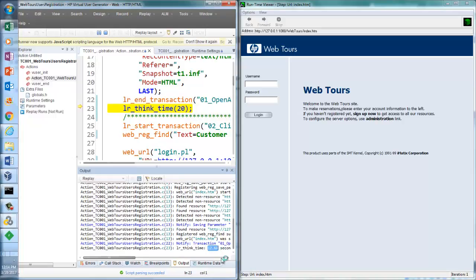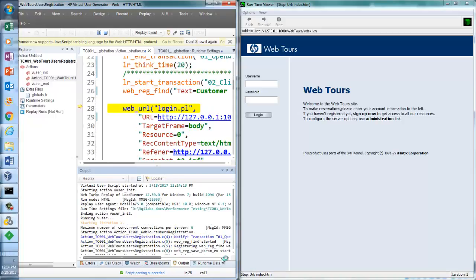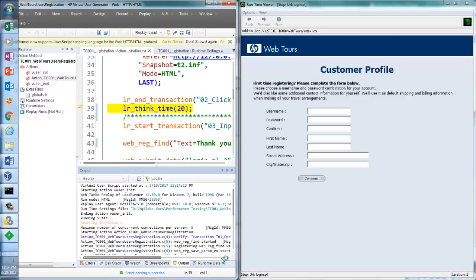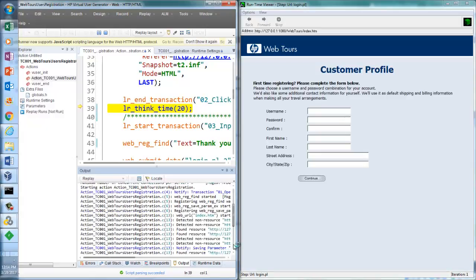Because it is a random of 20 to 30 seconds. And then here again it is waiting. Can you see 27.94 seconds? Then when it goes to the next transaction,